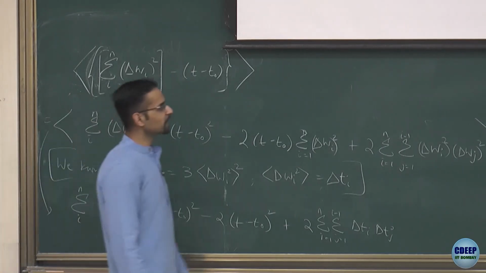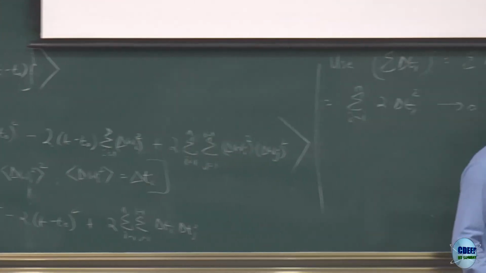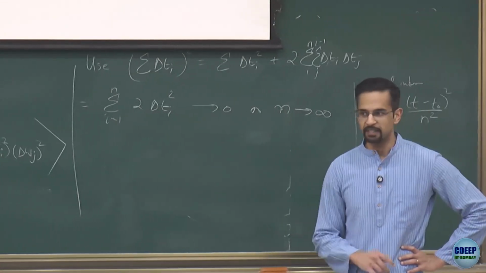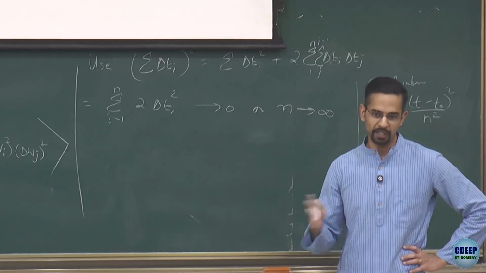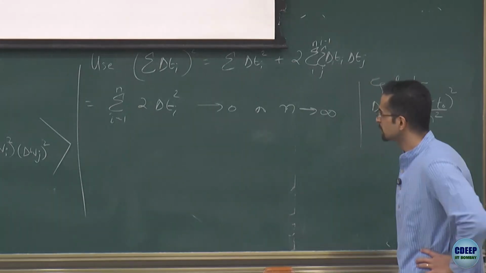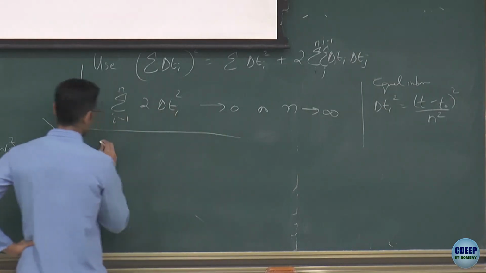So what we have now proved is that the difference between summation delta W i squared and T minus T naught, those errors go to 0 in the mean square limit sense. And so with this we have proved now that the Ito integral,